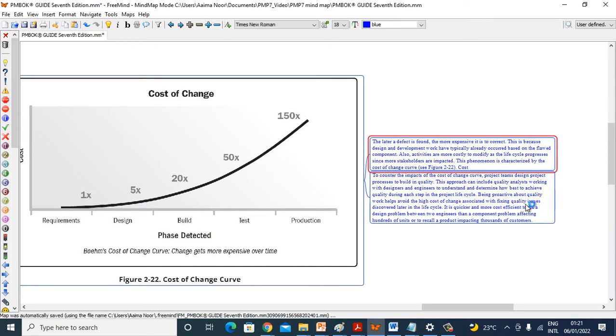Being proactive about quality work helps avoid the high cost of change associated with fixing quality issues discovered later in the life cycle. It is quicker and more cost efficient to fix a design problem between two engineers than a component problem affecting hundreds of units or to recall a product impacting thousands of customers.